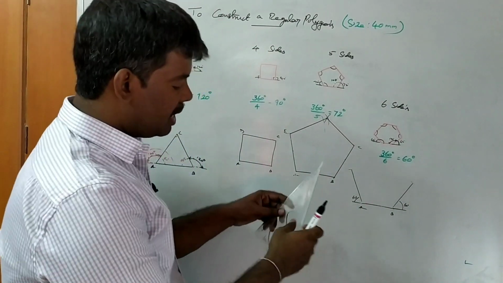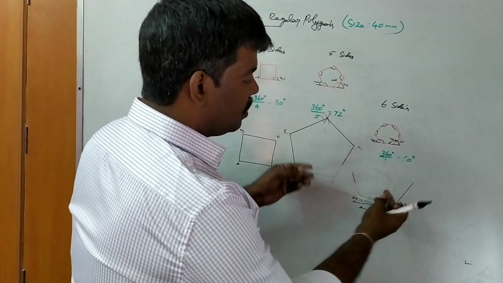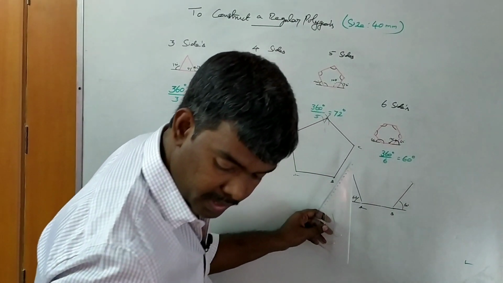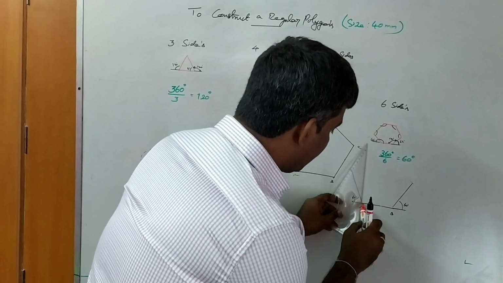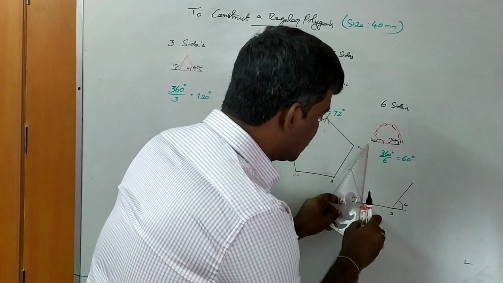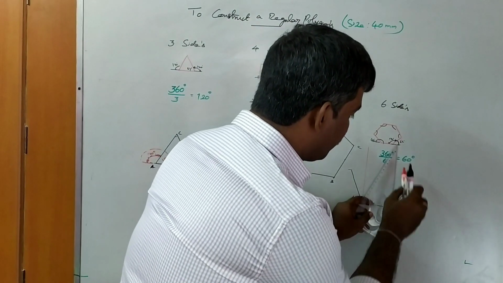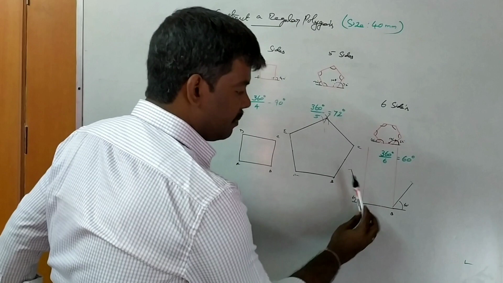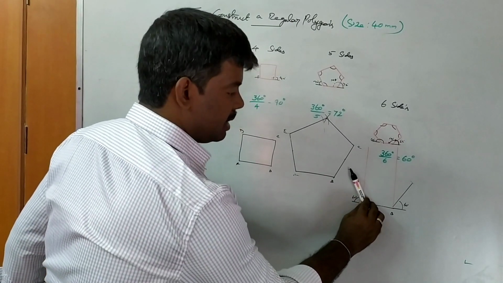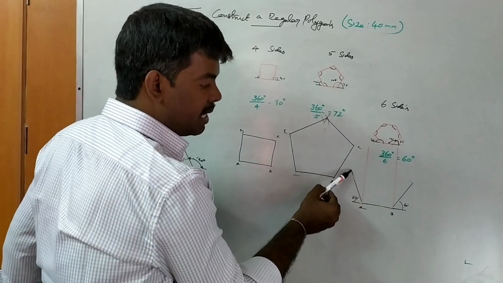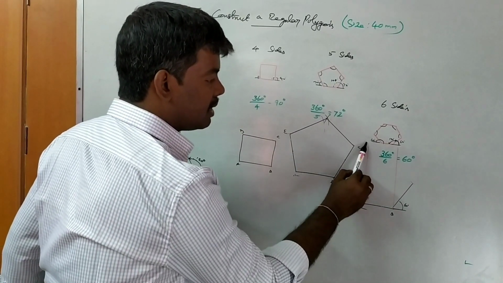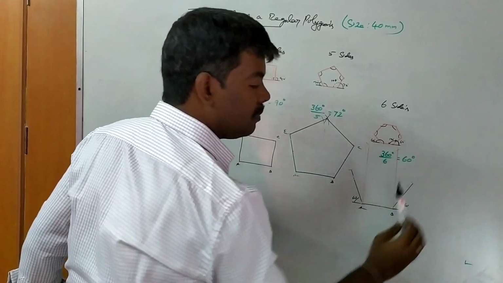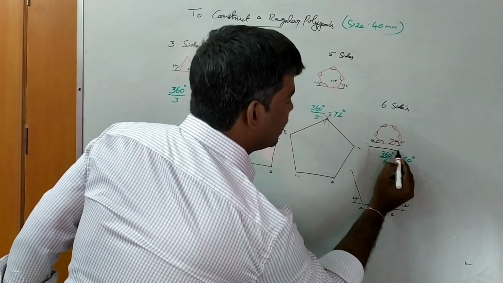Next thing, if time permits, you draw a 60 degree line, or otherwise, very simple, from A you draw a vertical line, perpendicular to AB. Similarly from B you draw a perpendicular line to AB. Here to here the radius is 40. This point is considered as the center. Here to here you intersect. Similarly from this point you intersect. So the intersection point is here.